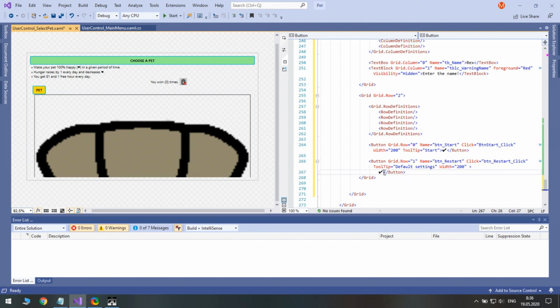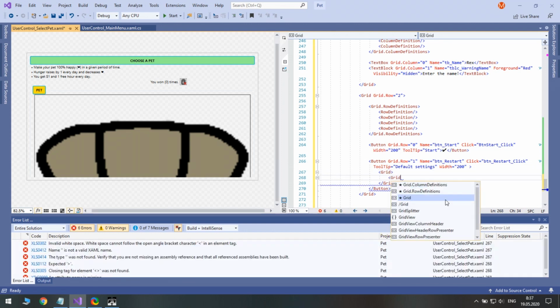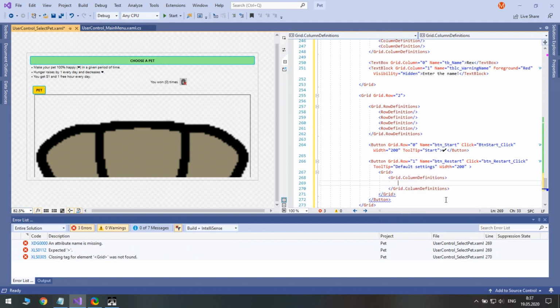Every control accepting content can be greatly modified just because of the arbitrary content passed to it. Let's place a grid inside the button to show both an image and text.